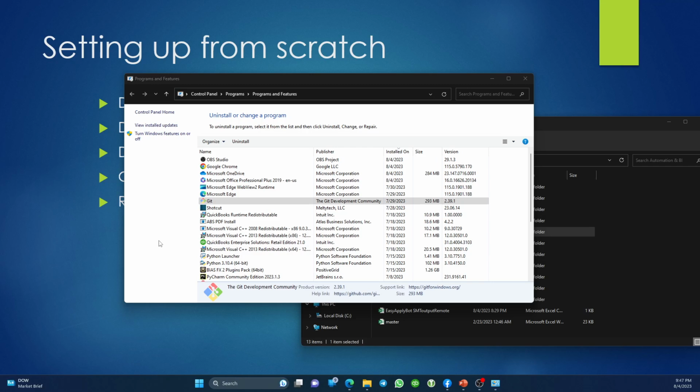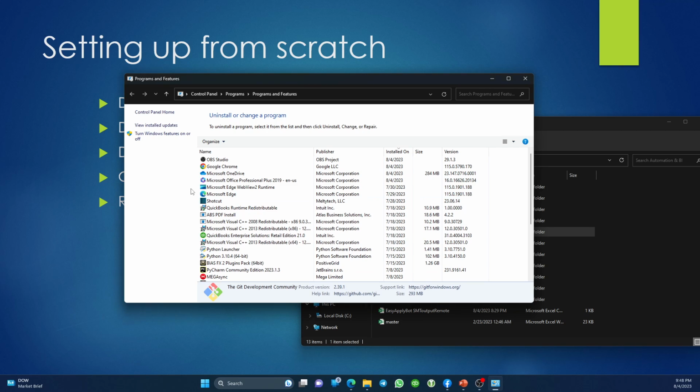Git tool is important to automatically synchronize changes. Instead of downloading the code again and again, it's better you use Git tool to synchronize the project updates as I've shown. And then I will also uninstall the PyCharm,